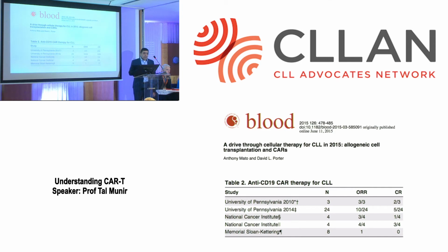But not all the data is very clear in CLL with CAR T cells. So this is multiple groups presenting their data for CLL, and this is the Pennsylvania group, the 2010 publication, first 3 patients, all of them had a very good response. But when they went back in 2014, 24 patients and 10 out of 24 had a response. So it means that we need more experience really, and only a small number of patients will not give us an